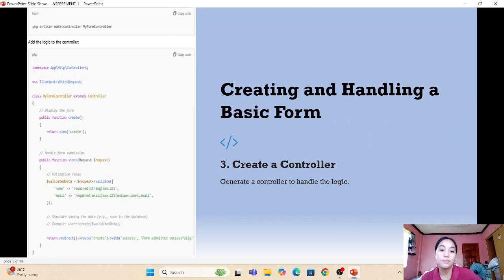Next, step 3 is to create a controller. So generate a controller to handle the logic. A controller named MyFormController is created using the php artisan make:controller command in the terminal. The create method renders the create.blade.php view,